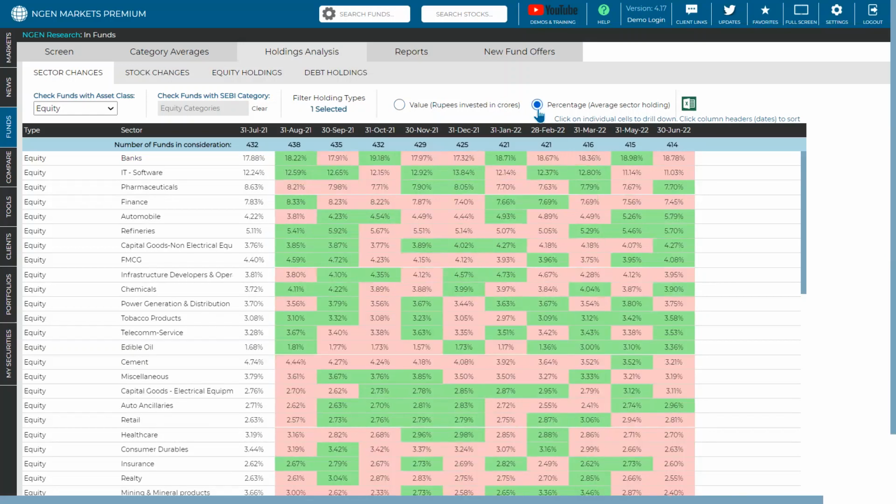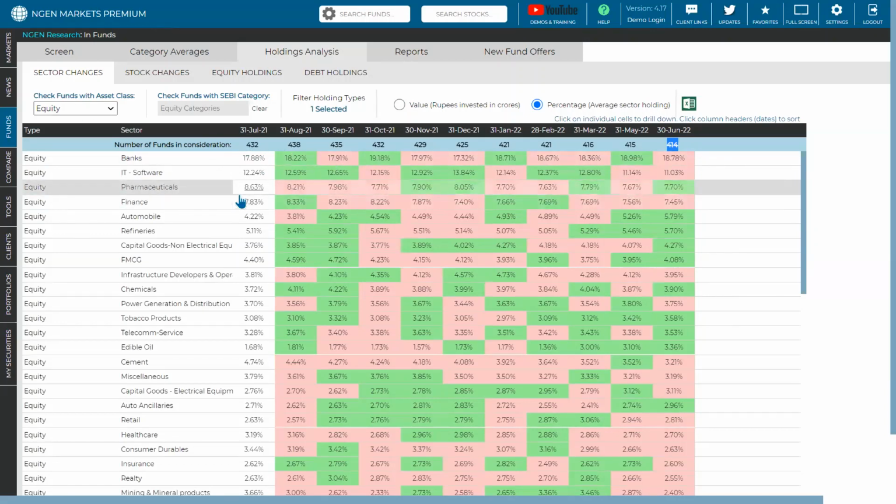This is very useful to know, because once you see that the average holdings have decreased, it means there is something going on on the side of these mutual funds, where you can see that the number of funds in consideration is actually lesser right now than before in the equities.